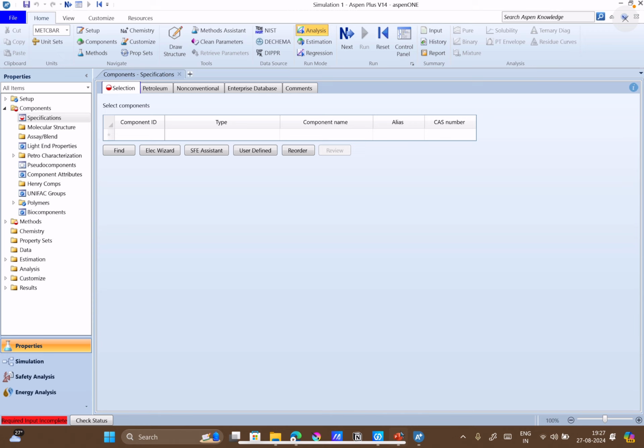In the binary part, right now we want to generate a PXY diagram. So we will look at the isobaric VLE data. Now you can see each of this data has some data point values and is done by various researchers. Here you can find the research paper where it has been published and the data has been taken from. So all the literature which has published such data are compiled here.